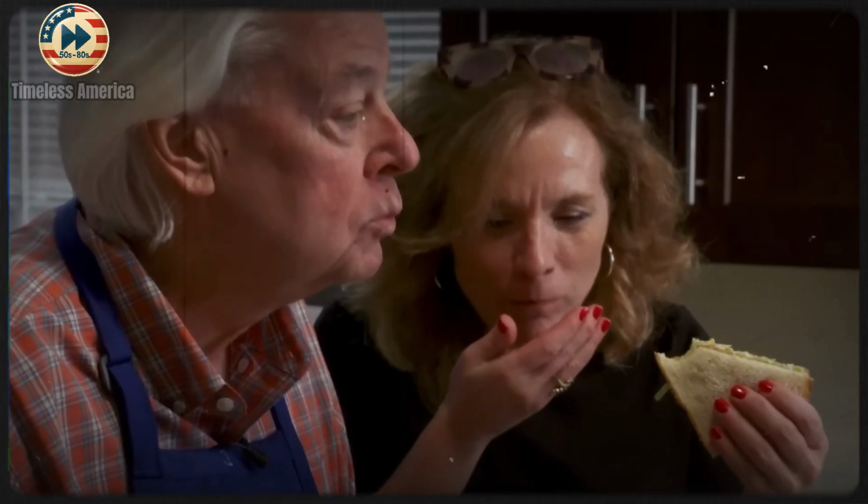What made it special was its practicality. You could dress it up with banana slices, lettuce, or even bacon, turning it into something hearty and oddly indulgent. Though it might earn a raised eyebrow today, many Southerners still remember it fondly as the sandwich their grandparents made